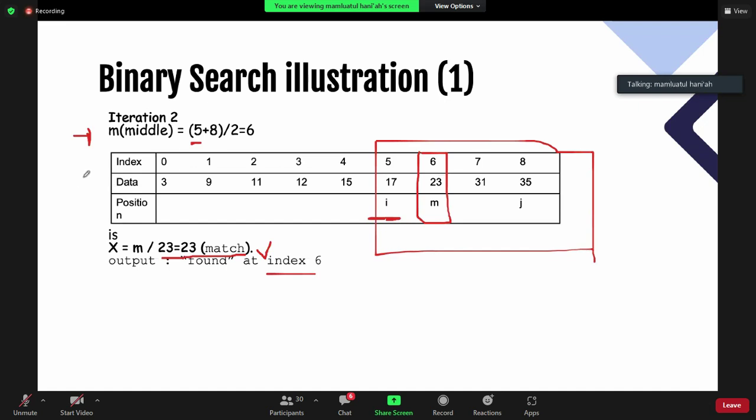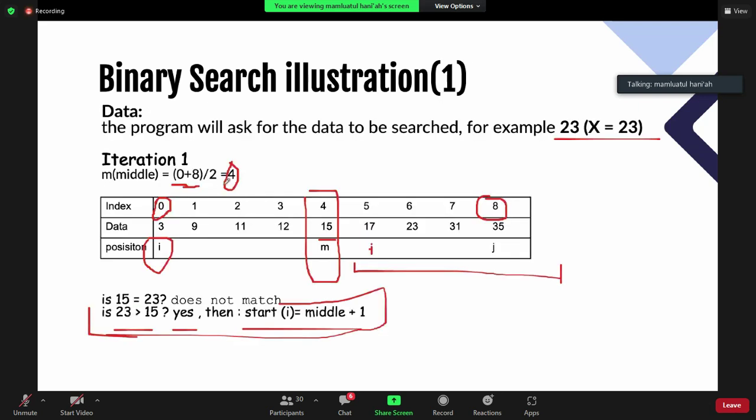So if my K, maybe I change my K to 11. And then I won't go to the right position because 11 is less than the middle position.